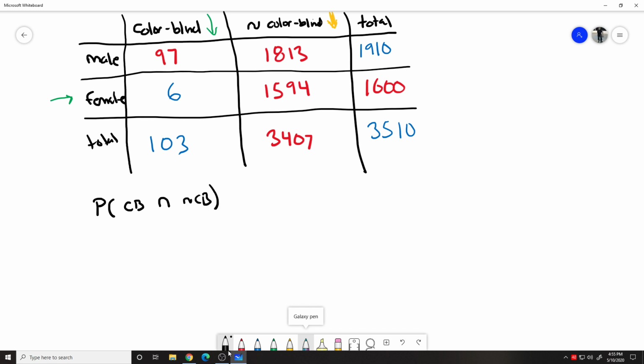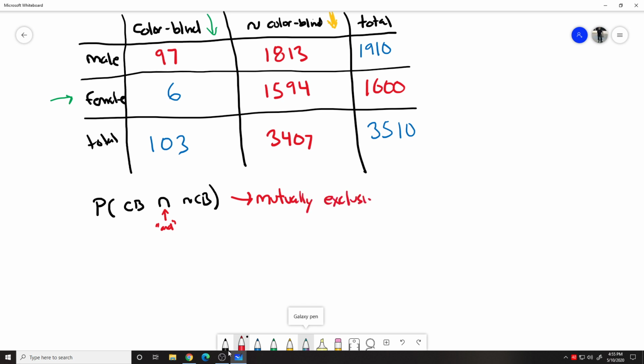All right, so when we use the word and, first of all, you know you would multiply your results together. If we use the word and, you know that means multiplication. Colorblind and not colorblind. But my problem is again, these are both columns, and a person cannot be both colorblind and not colorblind. So in this one, you couldn't answer the question. You would say this is mutually